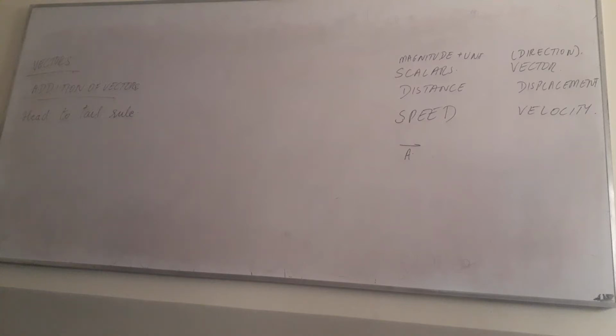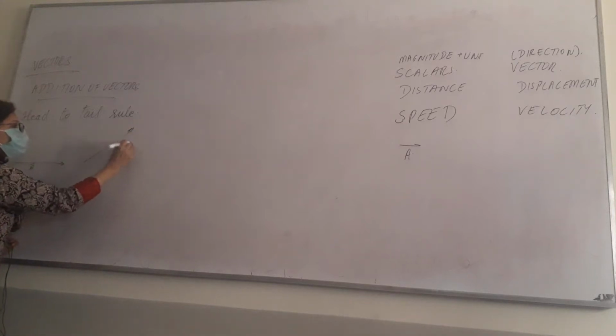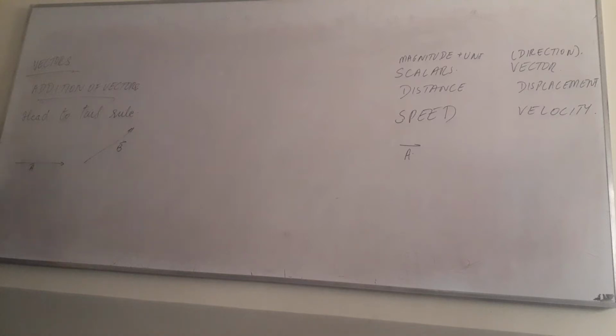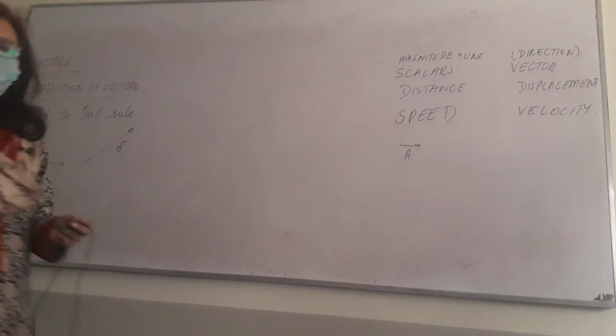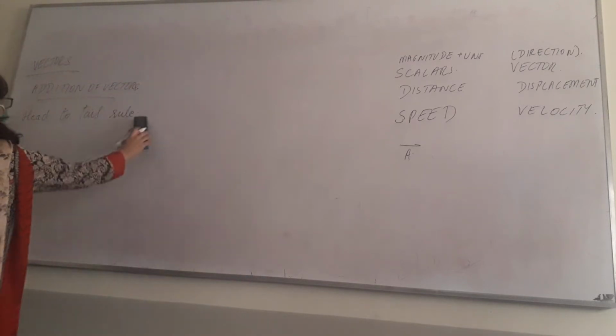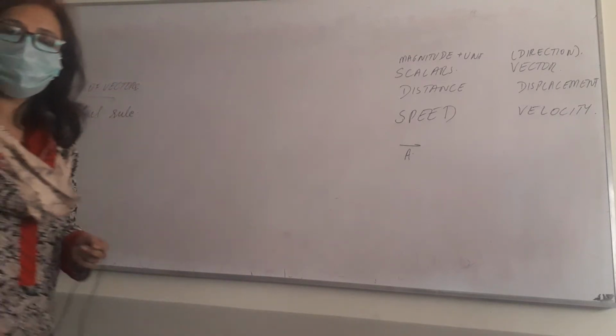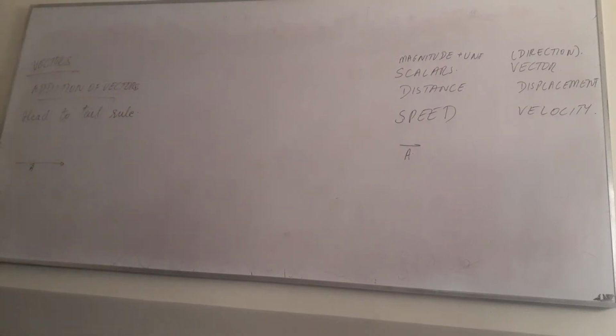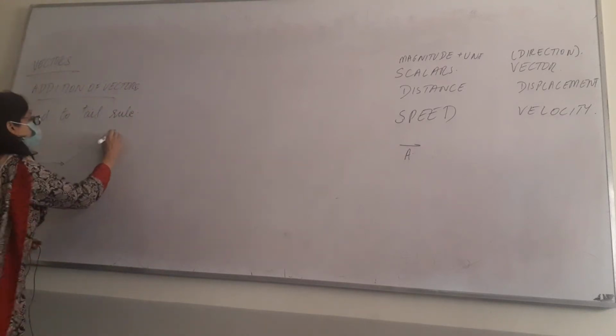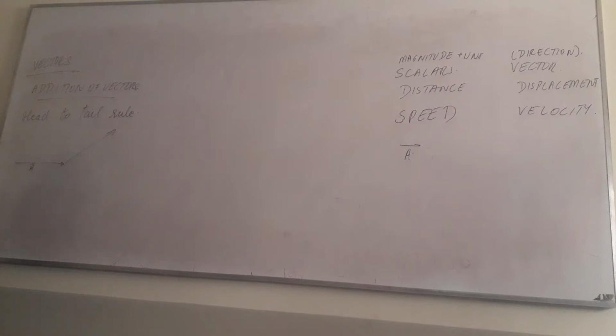If you have two vectors, let's say you have vector A like this, and you have vector B like this. The first step will be you will geometrically draw them in such a way that the head of this will connect with the tail of this one. So you will arrange the vectors in such a way, and you can do this for more than two vectors, 3, 4, 5, how many you have, but you have to be careful not to change their direction. Okay, so we define direction very carefully.